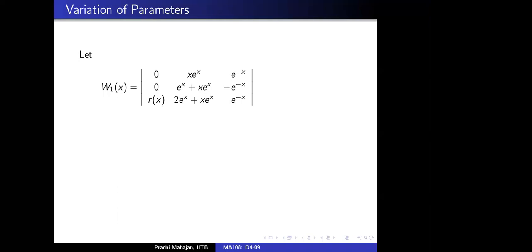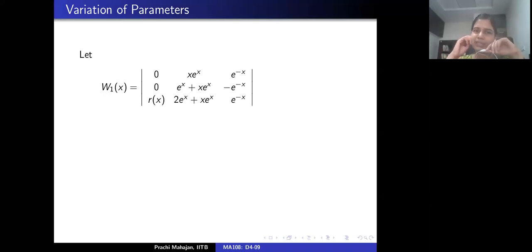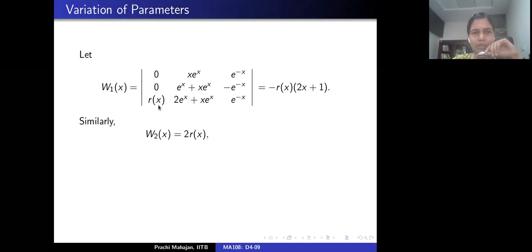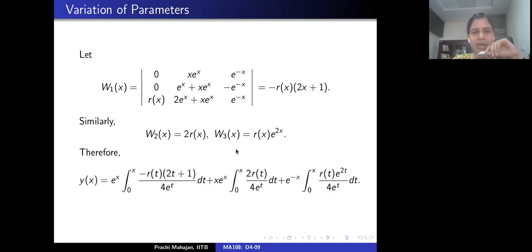That makes sense. Now, if you remember the notation, what is W1? I'm going to look at the Wronskian matrix and replace the first column by the column vector 0, 0, Rx. In this case, it's going to be this. For W2, it's a similar computation: you replace the second column in the Wronskian matrix by 0, 0, Rx. And if my calculation is correct, then W3 turns out to be this.